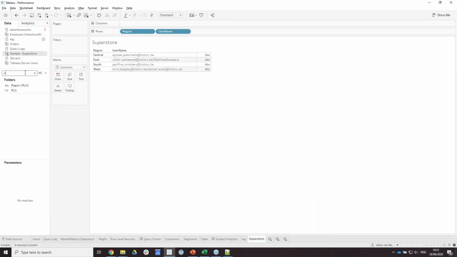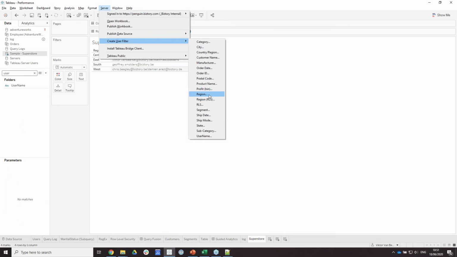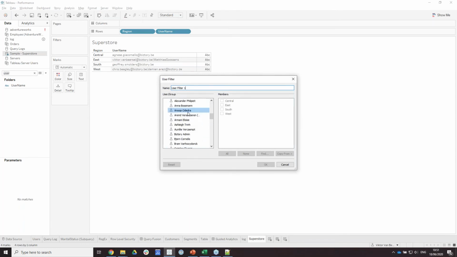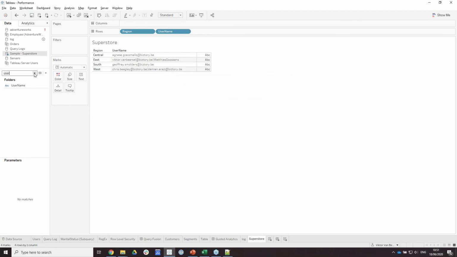So we can create a user set, and that is a user filter. So we can create a user filter based on region, for example, and then we can do this manually, but no one likes to do this manually, right? So we have Damien who is allowed to see East, Geoffrey is allowed to see South, etc. Not only is this a lot of manual work, but also there's a significant impact, because if you're publishing your work to Tableau server and people can only see their own work on the server, with these kind of filters, so we have user filters like we have here, and also with the native function